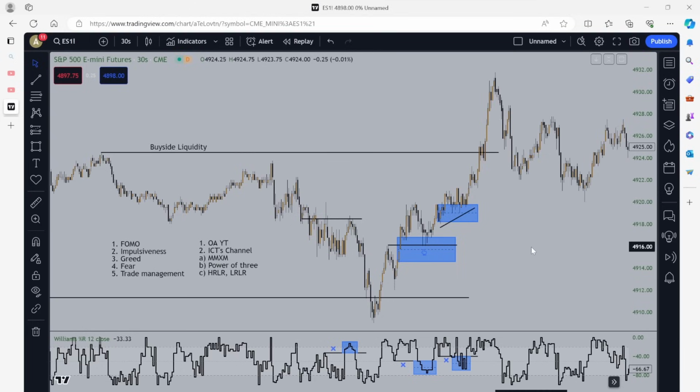the balanced price range and the fair value gap. Those are the 4 primary PD arrays that we use here at Optimal Advance. And whatever one your eye likes to gravitate to the most, use that one. So it's either order block, fair value gap, or balanced price range, breaker, and you can mix and match. But there at least has to be 2 PD arrays for us to execute a trade.